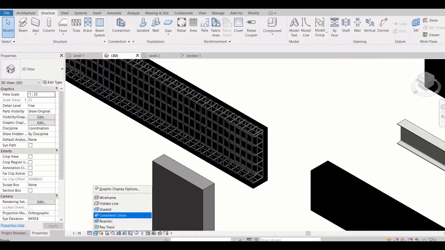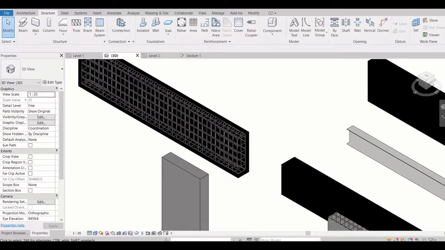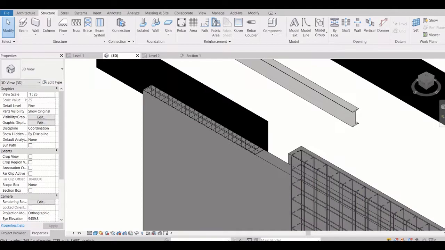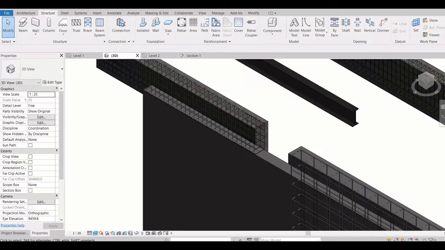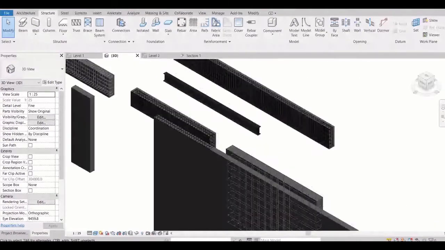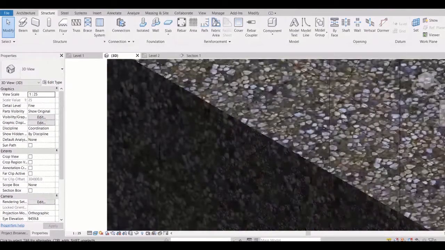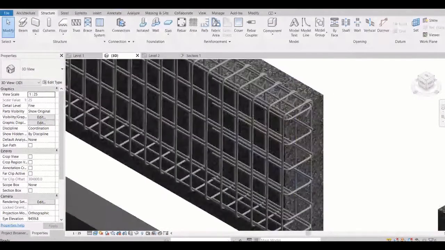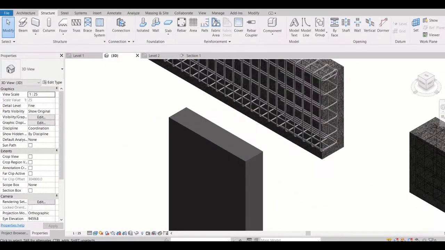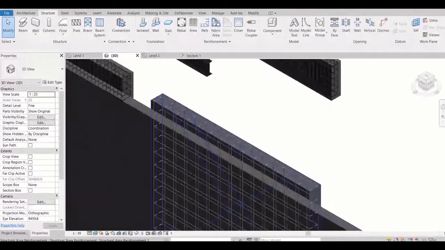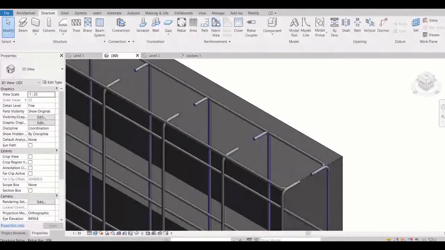And the next one, consistent color, will create all elements in the same color, right? And then we have realistic, so it will show the rendering of that material. Like here you can see concrete rendering, right? And here it's a wall, so I don't think we have attached any material for that one.